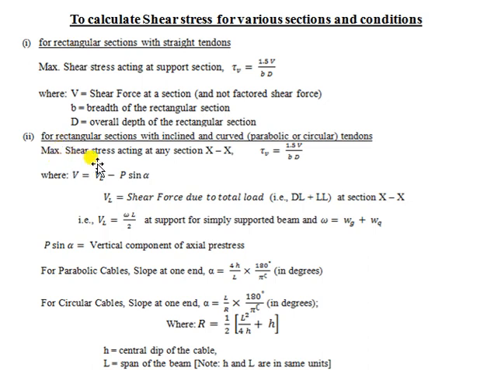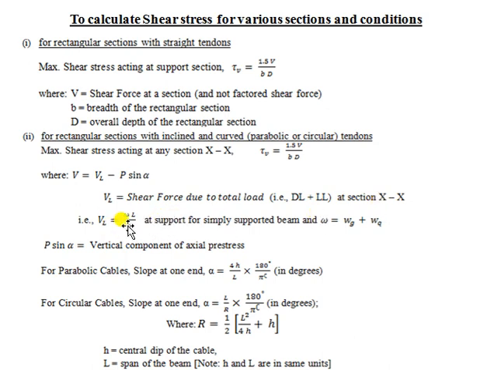The maximum shear stress acting at any section, tau v, is equal to 1.5 V by bd, where V is equal to Vl minus P sin alpha. In the previous case it was the shear force at a section, and here V is equal to Vl minus P sin alpha, where Vl is the shear force due to dead load and live load at any section xx,